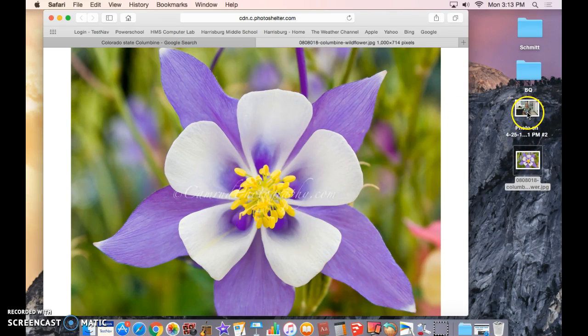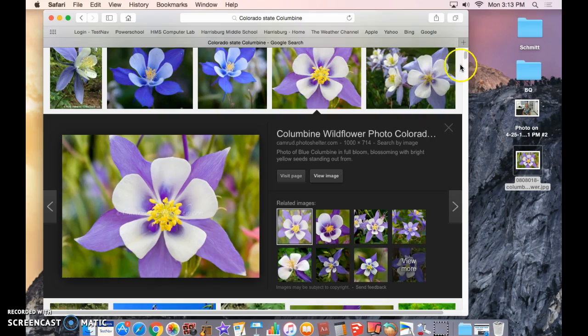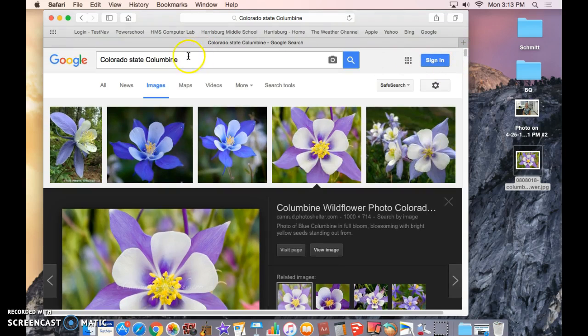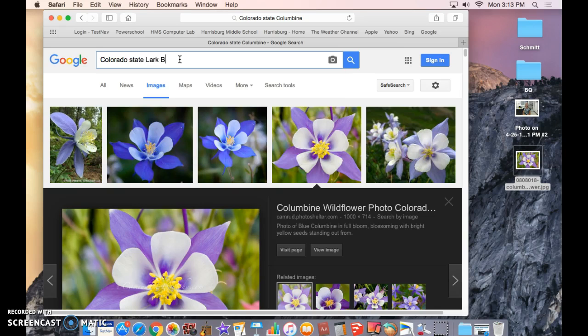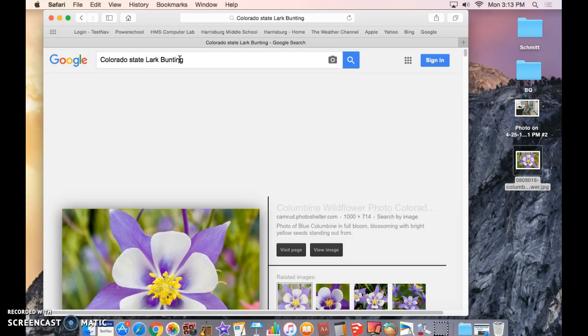So now it's out here with the picture of you. Then if you go back to the internet, back to Safari, up at the top, you're going to see you have 2 tabs. We're going to close this tab. There's a little X that will close that window. I'm going to scroll back up to the top, and I'm going to search for my next picture. Notice I'm just going to delete the word Columbine, and I'm going to put the next picture I need, which is a state bird. So I'm going to type in Lark bunting, search for that,